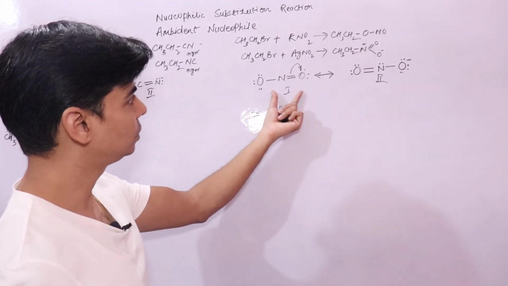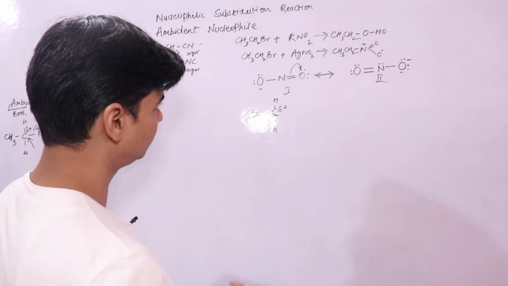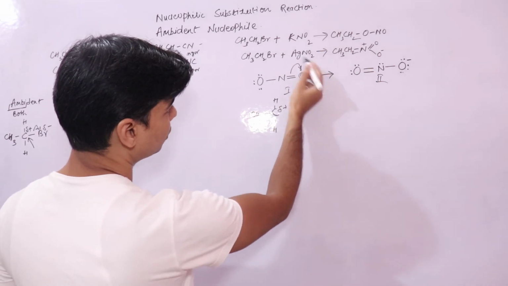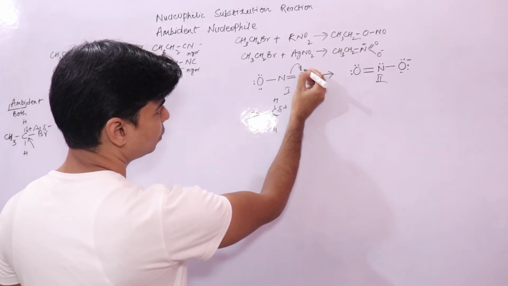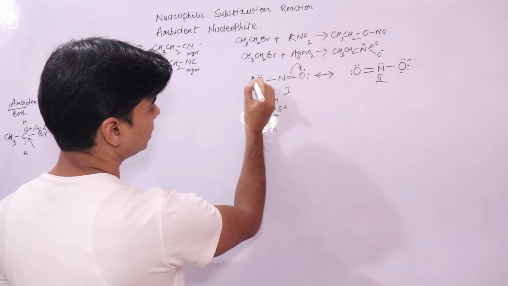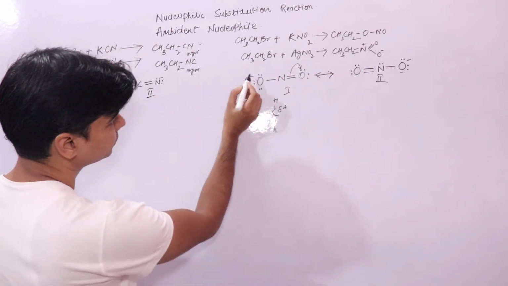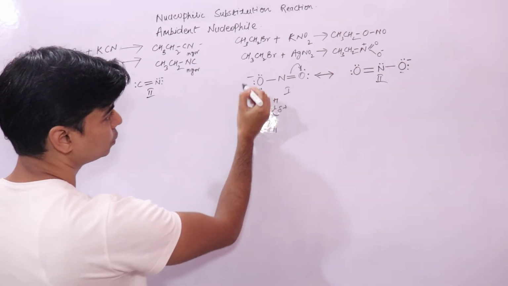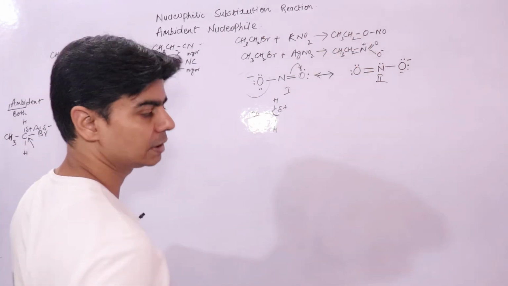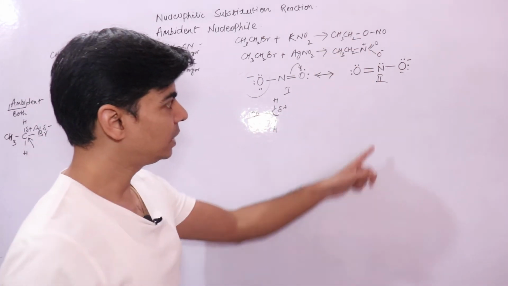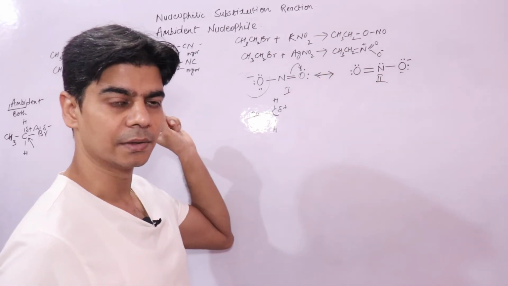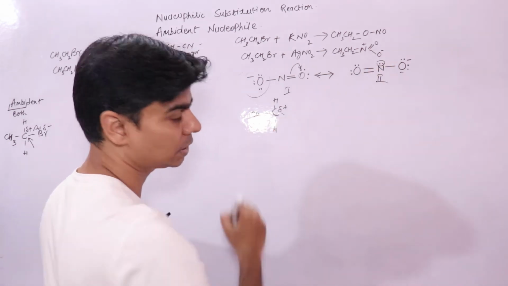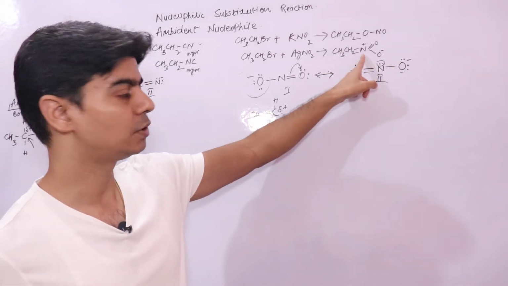When it will attach through the first form, this form, where it has lone pairs of electrons and a negative charge, you can see it has a negative charge on the oxygen atom. In the first form it will attach to the electron deficient carbon through this negative oxygen, to form nitrite. In the second form it will attach through the nitrogen atom, same as in the case of cyanide, through its lone pair of electrons. It will donate the lone pair of electrons to the carbon atom, right, to form nitroalkane.